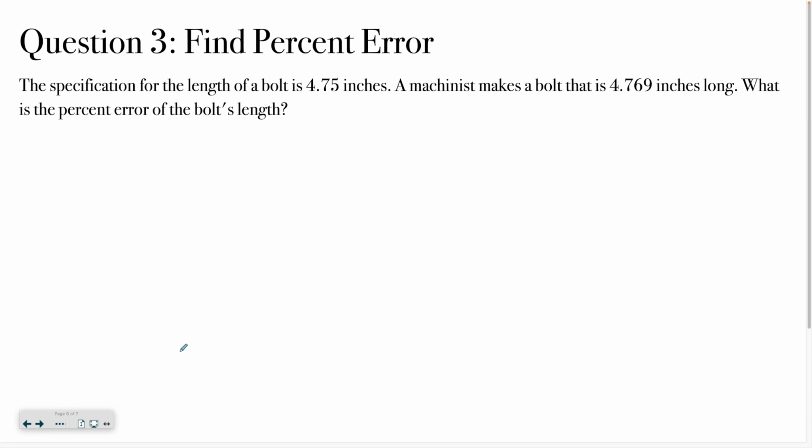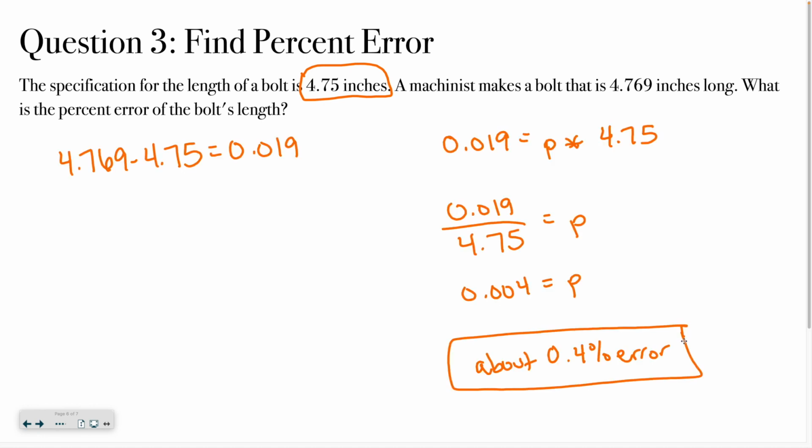So in this case, the goal, the ideal length of this bolt is 4.75. That means that's what you're going to use as your whole because that's what it's supposed to be. Okay, good luck. All right, for this problem, hopefully you determined that it was about a 0.4% error, and you